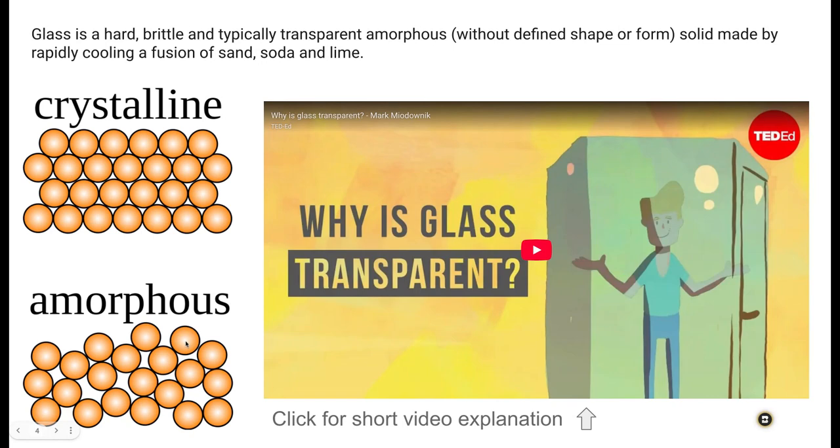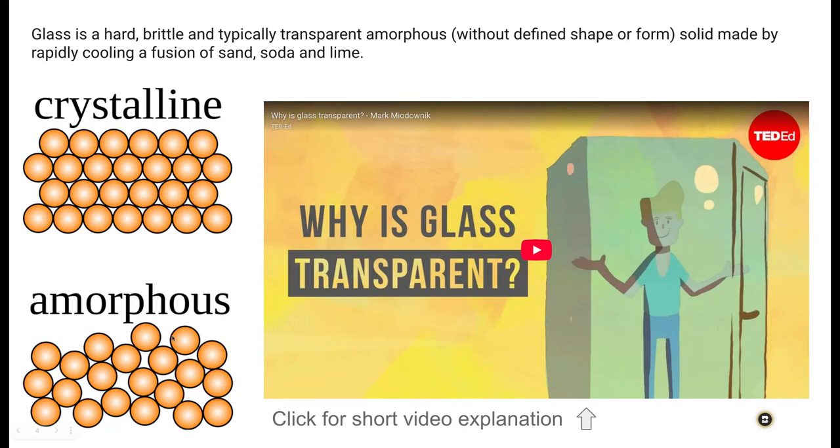So glass is a crystalline substance, meaning that the molecules that make up the glass sort of fit together in a pattern, and the molecular and atomic structure of glass lets light shine through it. And so if you watch this video, I'd recommend watching it. It goes into more detail about the actual